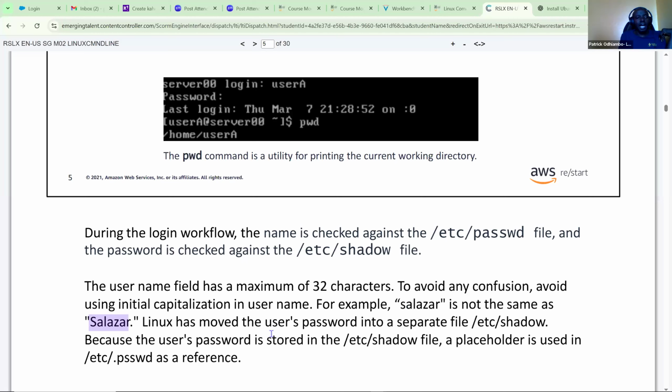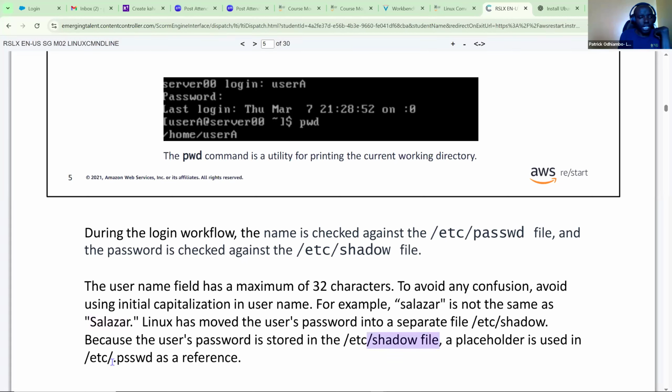Linux has moved the user's password into a separate file that we call /etc/shadow, because the user's password is stored in the /etc/shadow file. A placeholder is used in /etc/passwd as a reference, meaning the password has been moved to this different path.